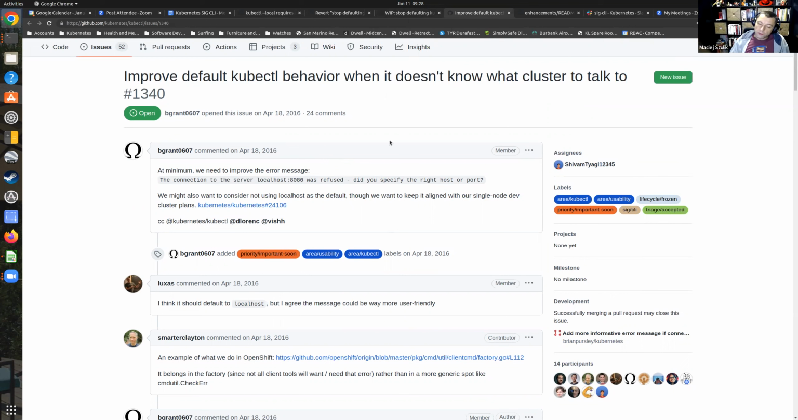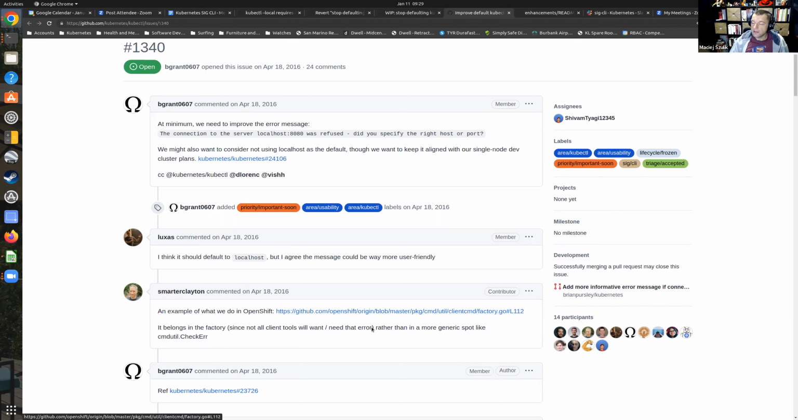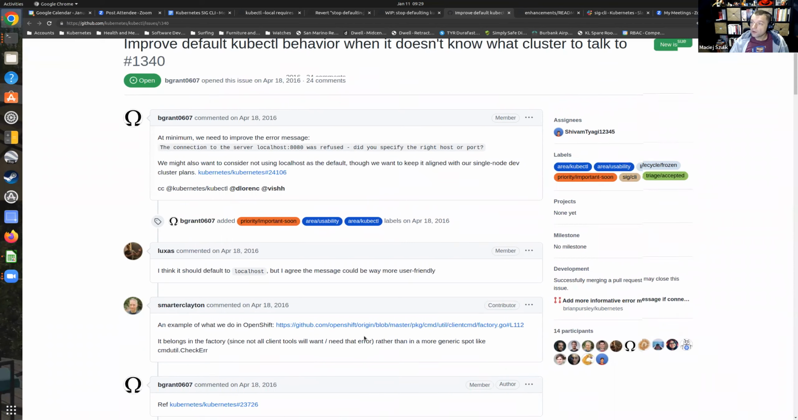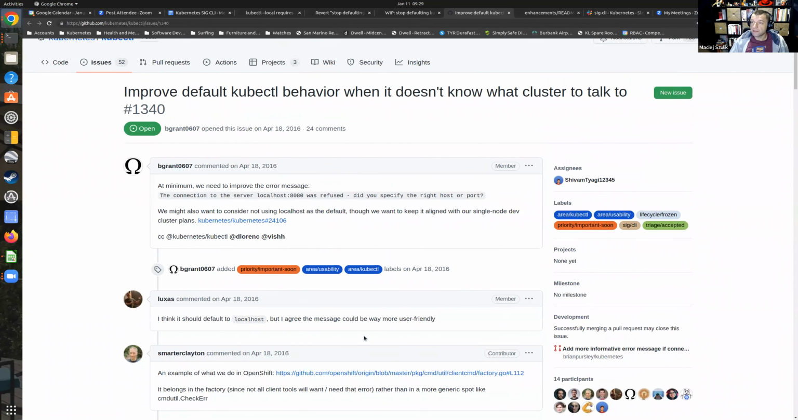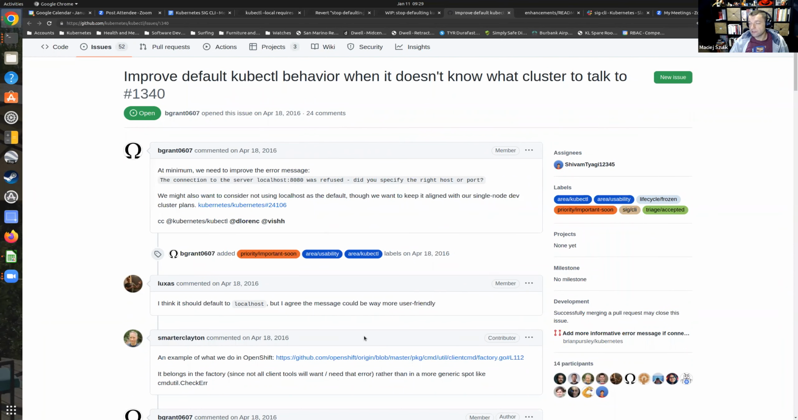Whenever there's no kubeconfig, we would prefer to see something reasonable, rather than currently you will see "connection to server localhost was not able" or something like that. So maybe providing a little bit more helpful message: we weren't able to find a valid kubeconfig, or your kubeconfig is empty. Anything that would basically give a little bit more hint to the user